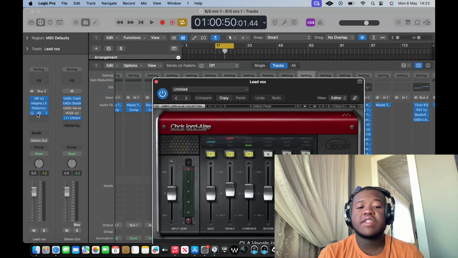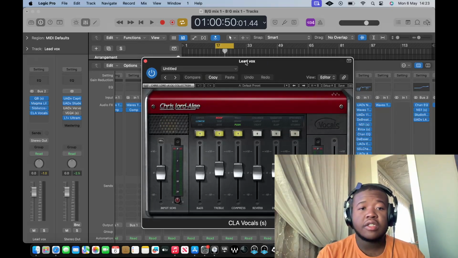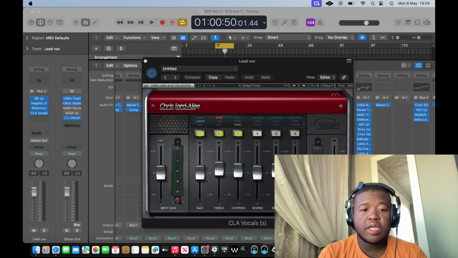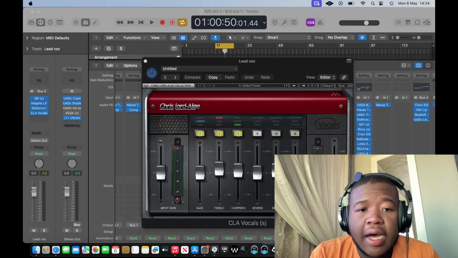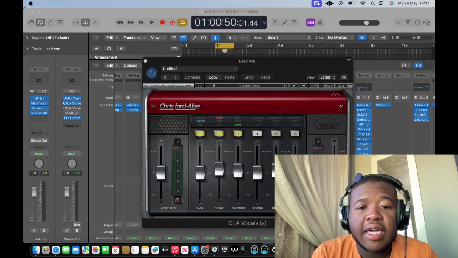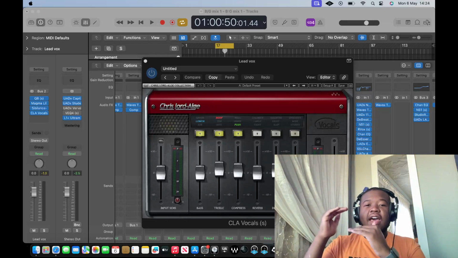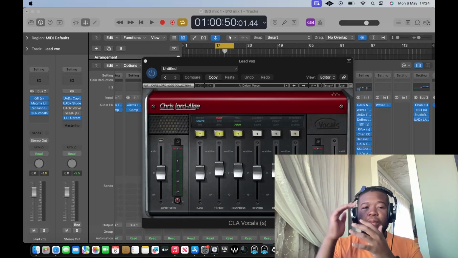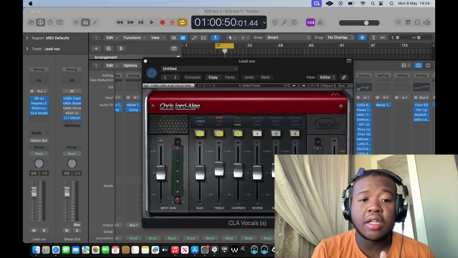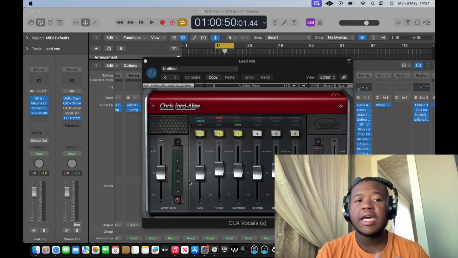And then we have the CLA Vocals. It's on any lead bus that I have for any song. I learned this from an engineer called Lutando Pilela. So what we're doing here mostly is adding some of the lower frequencies and then also roofing it. So it's adding that top end again, and then we're doing some parallel compression using the push setting. Then that's it.